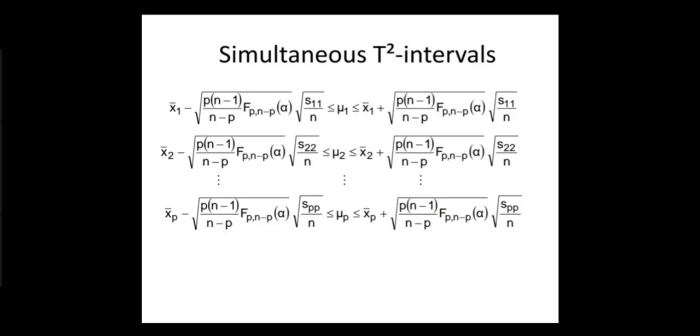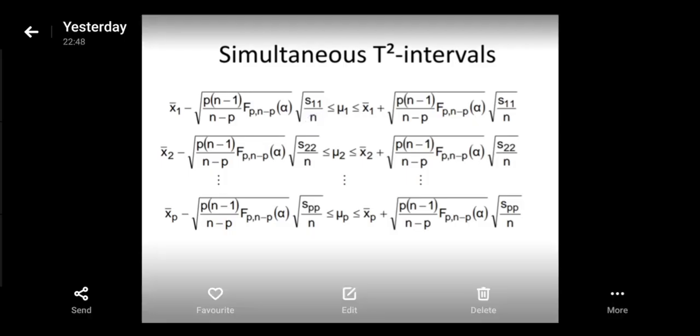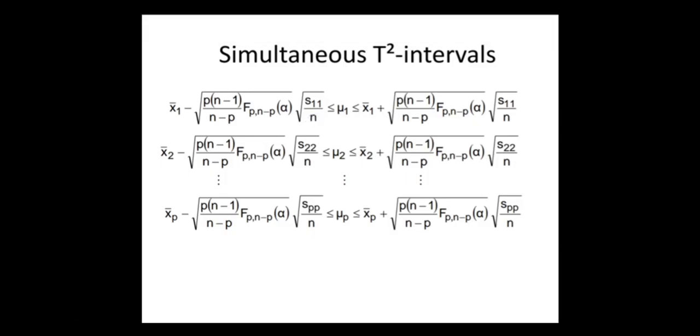This is the formula to calculate the confidence interval for mu 1, mu 2 until mu p, because we have p variables. The formula will be x bar plus minus square root of the F distribution, here is the c square actually, then multiplied by the square root of S11 divided by small n. Okay, S11 here is the